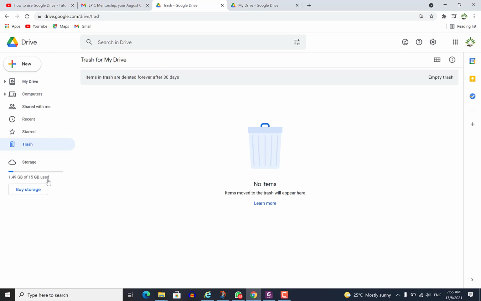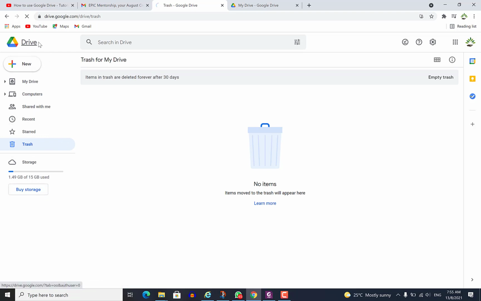What I usually do, I used to have more than one Google account. So if you want to store more, you can have more than one, and then you can store 15 gig on each one of them. And then if you are still buoyant, you want to buy more drive, you can still click on buy more, and you see you have the option to buy more.